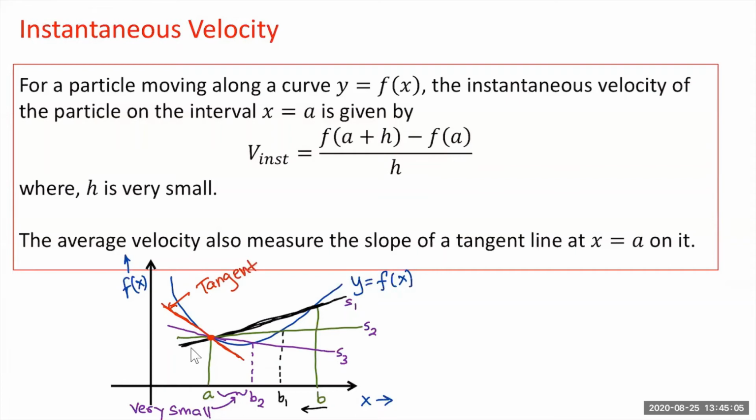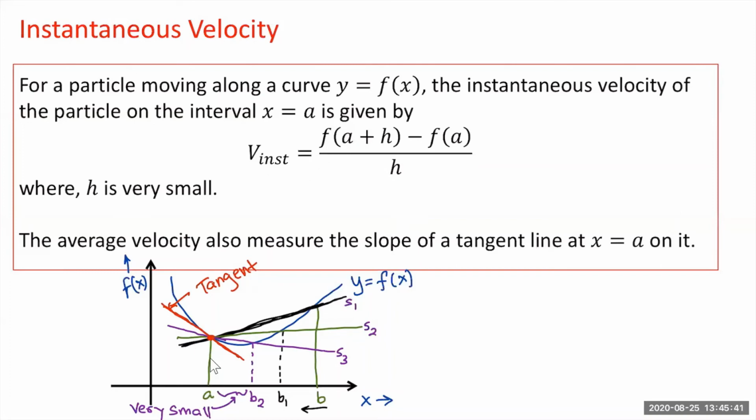So when this distance is very small, which is denoted by h, we say that the secant line will be the tangent line. In that case, when this time interval is very small, the average velocity is now called the instantaneous velocity. We are looking at the velocity just at that point. So for a particle moving along the curve y equal to f of x like this, the instantaneous velocity is given by this function. V instantaneous is equal to f of a plus h